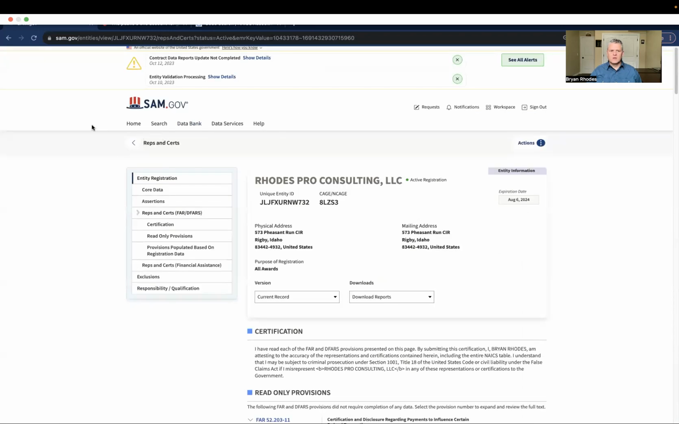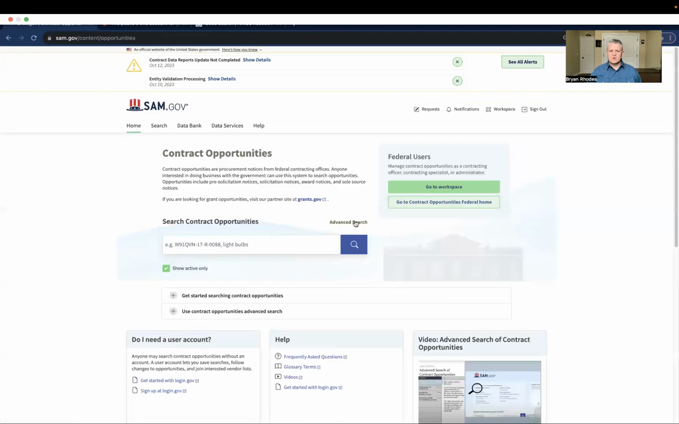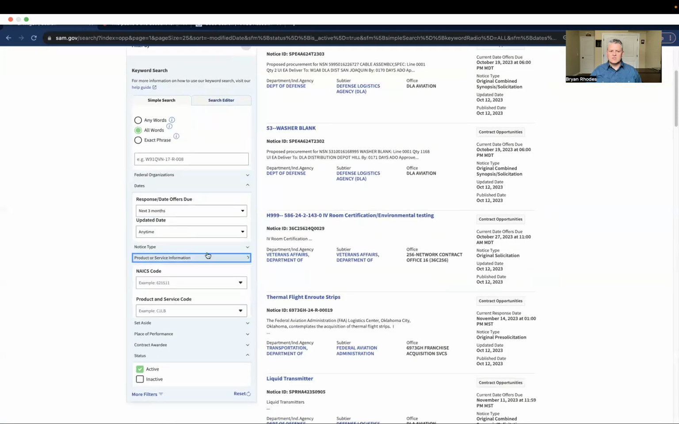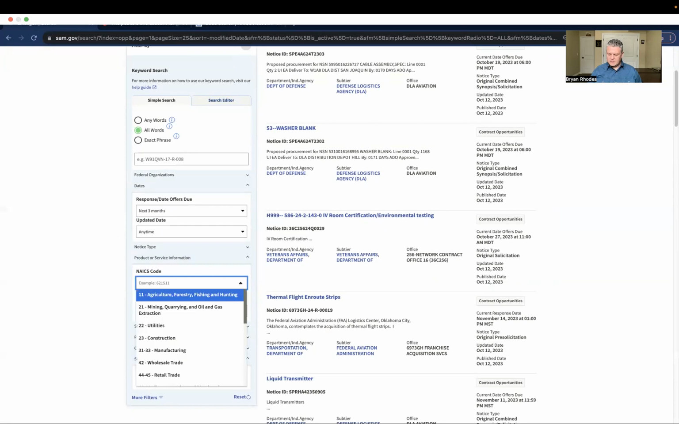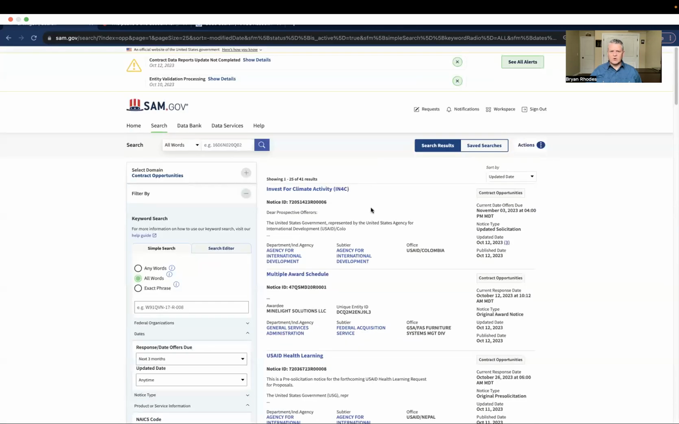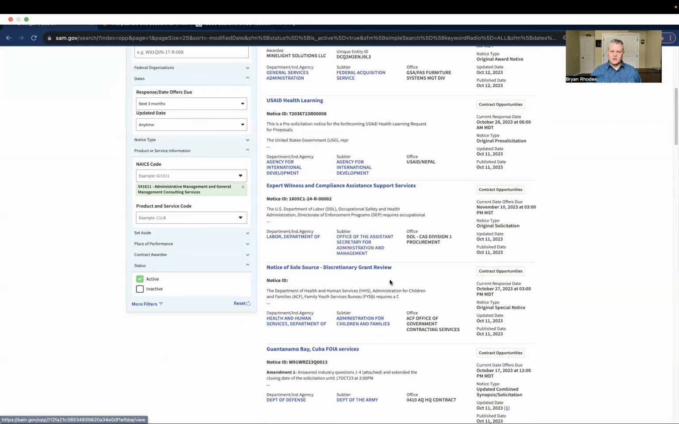So we're going to go to that NAICS code 541-611, and I'm going to go back to home. I'm going to go to contract opportunities. We're going to go to advanced search. We're going to do dates. Let's do next 3 months. We're going to look at product service code 5, which is for administrative management and general management consulting services. These are opportunities that are out there. There's 41. Let's say we go to one of them. They're looking for